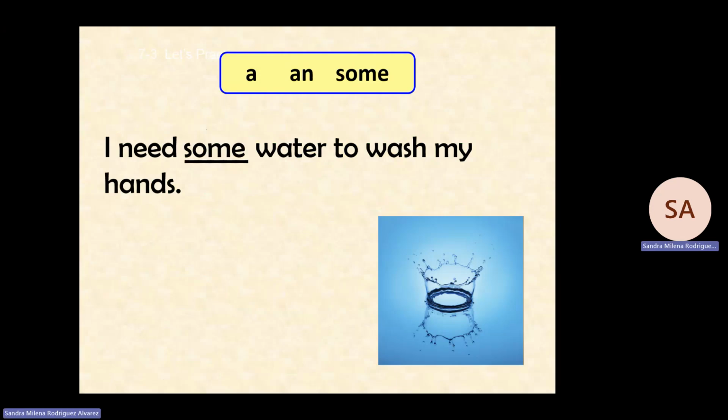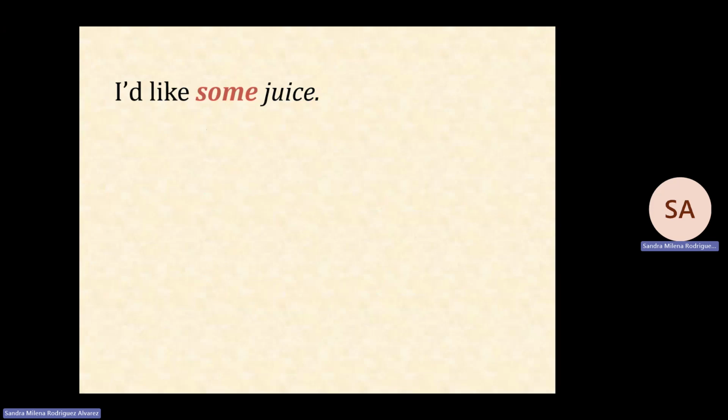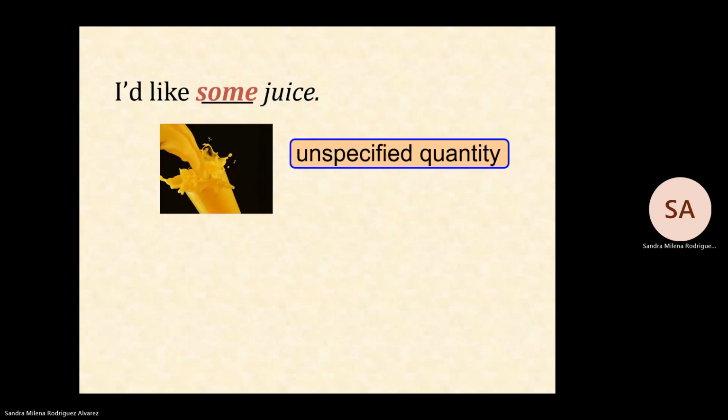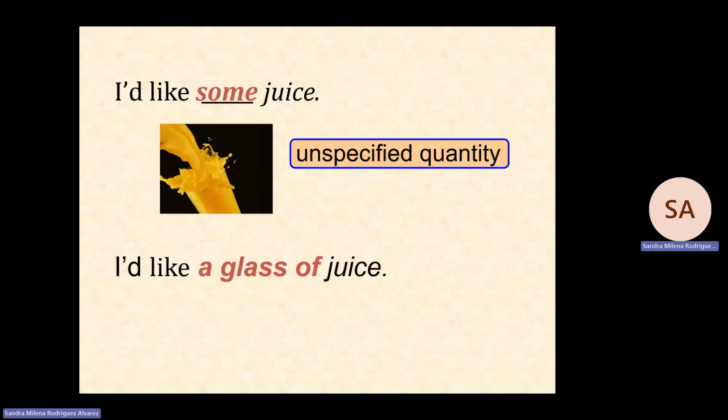That would be some water. Now, if I want to talk about an uncertain quantity of something, I have to use some. For example, I would like some juice. But if I am sure about the amount